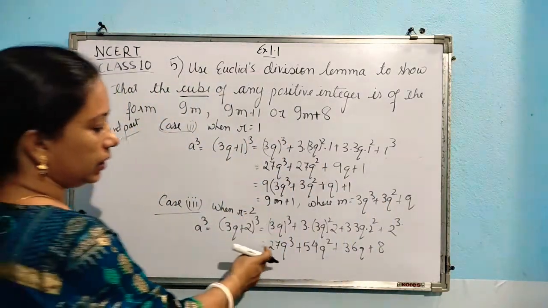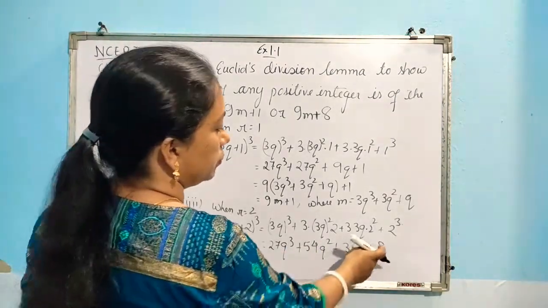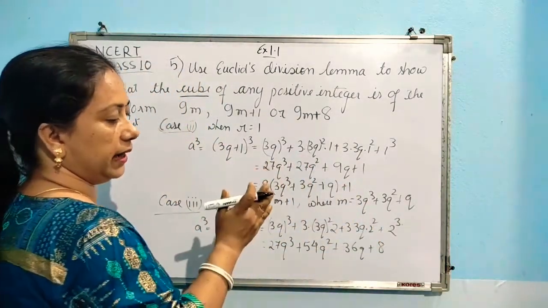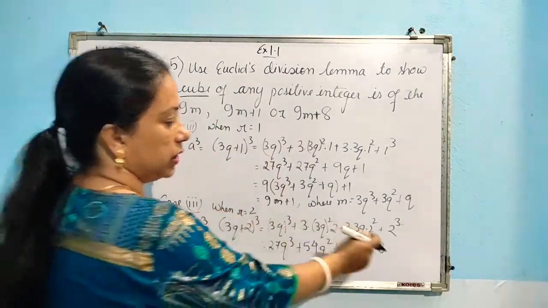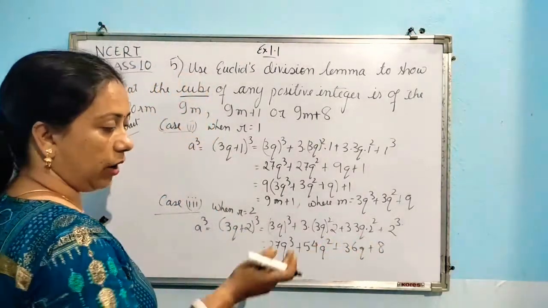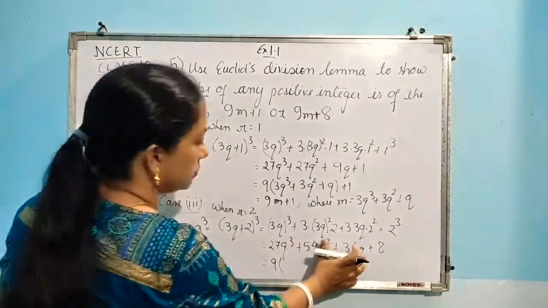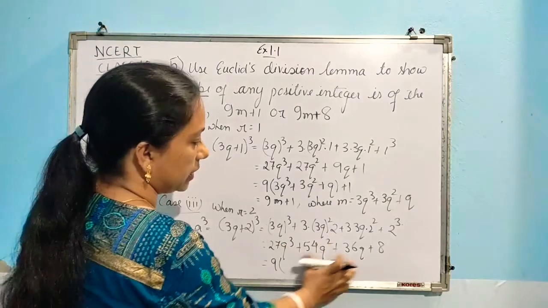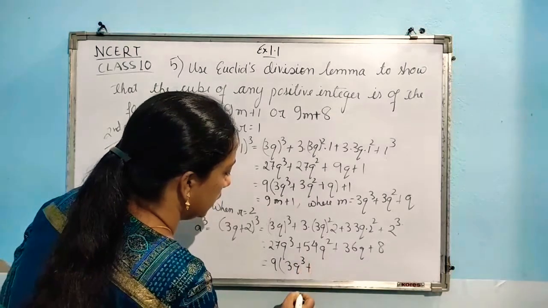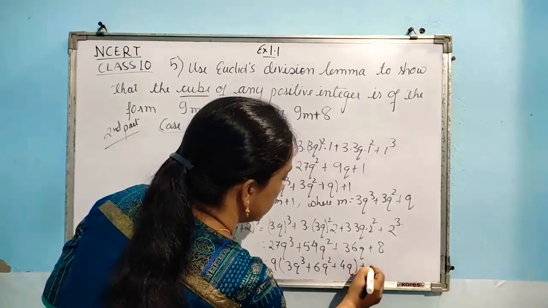Here see, do you find that we are having 9 common in between these terms and this 8 is extra? Suppose it would have been 10, then we could have split that 10 into 9 plus 1, so that we could have taken 9 common with these terms. But since it is 8 we cannot take 9 out of it, so we have to leave it like that, and we can definitely take 9 common from these three terms, so that we are left with 9 into something plus 8. That is what is needed. 9 3s are 27 q cube plus 9 6s are 54, 9 4s are 36 plus 8.